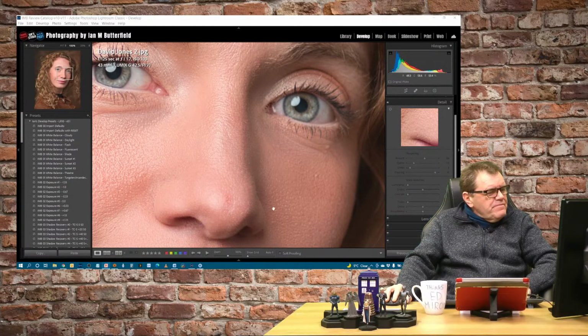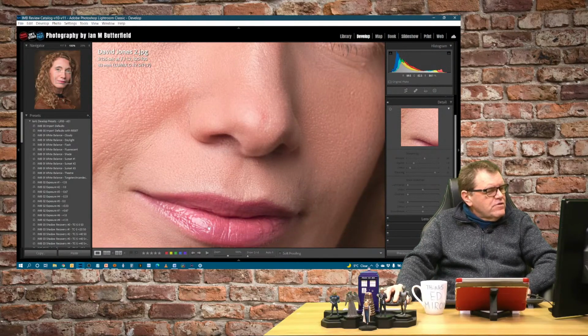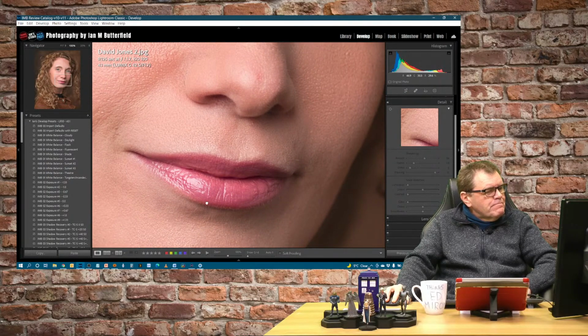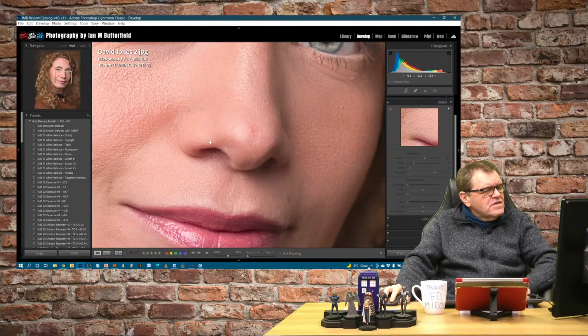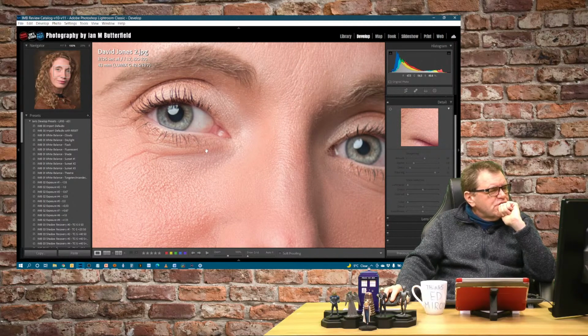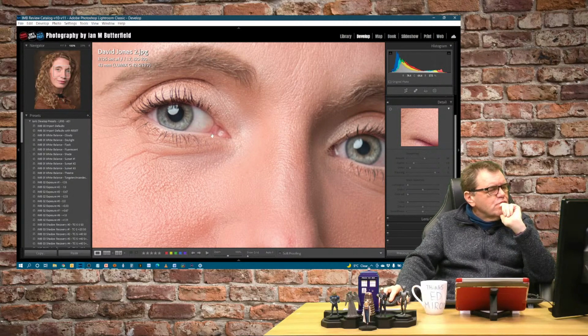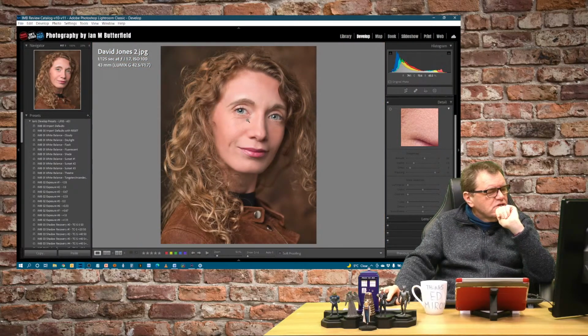Right. But look, the sharpness of the eyes compared with the sharpness of the lips. So your lens is slightly forward focusing. The nose is sharp, the lips are sharp, the eyes aren't. So just watch that on there and make sure you're focusing on the eyes with it. Look at the image on the back of the camera, check your focus point. We'll see where that's been picked up on there.